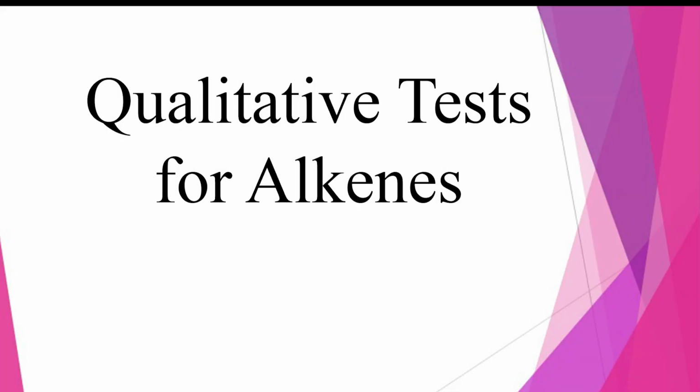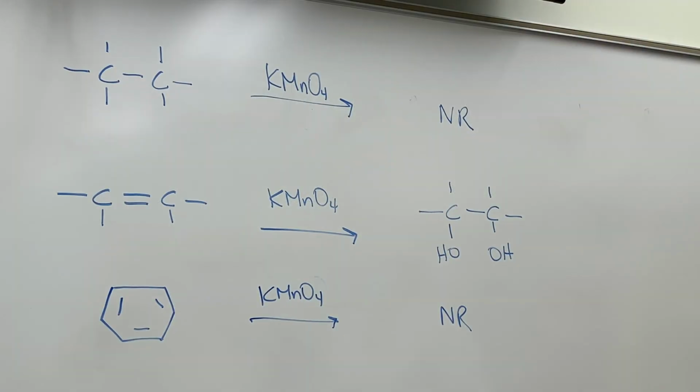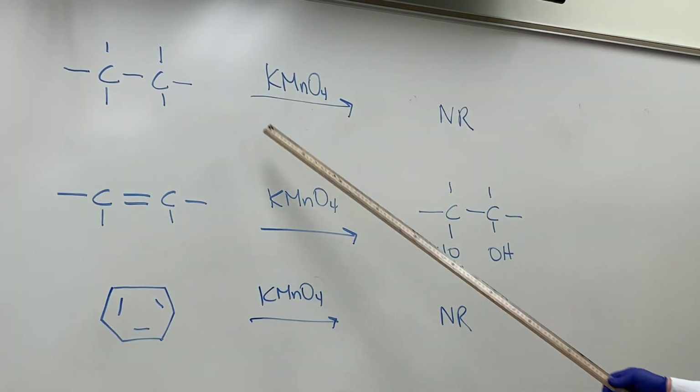Today's lab is going to take a look at the chemistry of alkenes, and it's a qualitative test where we're not really interested in measuring how much of a product we get from a chemical reaction. Visually, we're just trying to see if a chemical change took place. And before we get into the different chemical tests, I just want to go back and take a